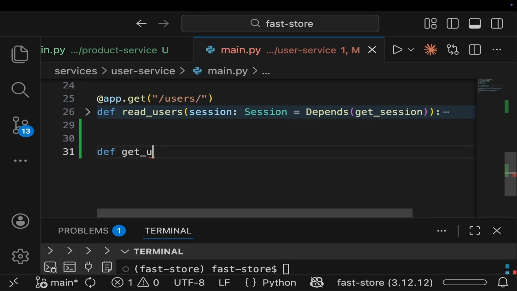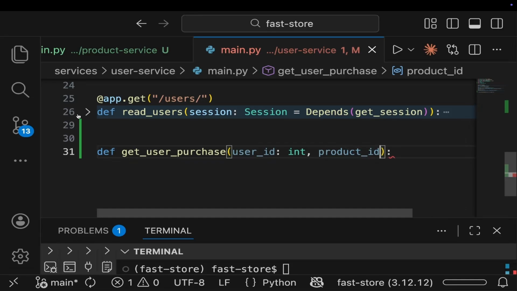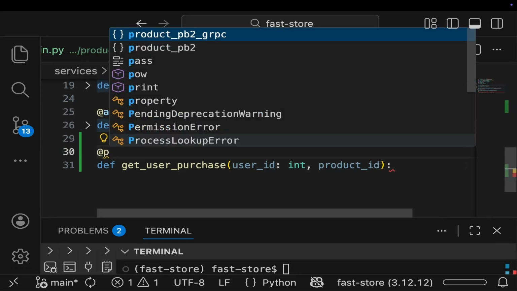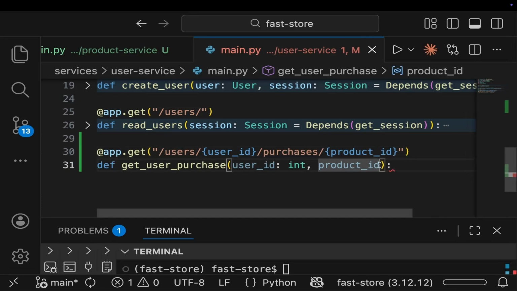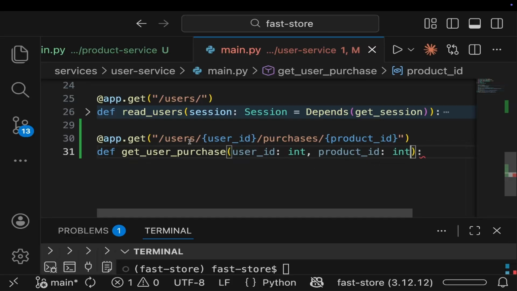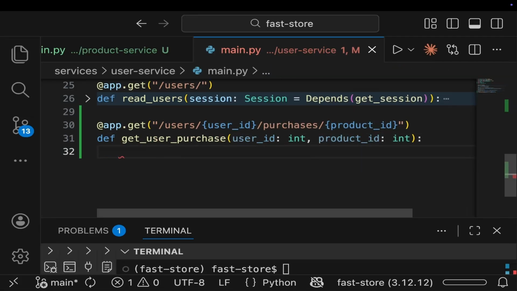So this will be called get_user_purchase, and this will take in user_id, which is an integer, and then the product_id. Then I'll put the path operation decorator by saying app.get /users, then we shall have user_id as a path param /purchases/ another path param product_id. I forgot to annotate product_id. It's also an integer. Okay, I think this is okay. Users, user_id, then purchases, product_id, and user_id and product_id will be given to us thanks to